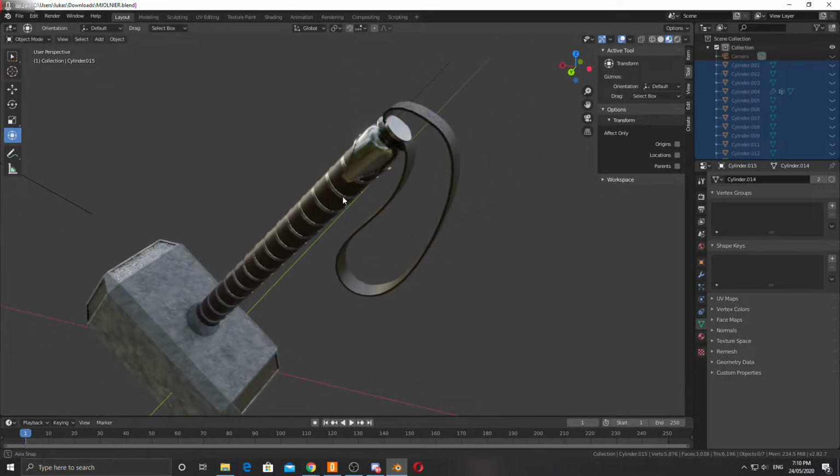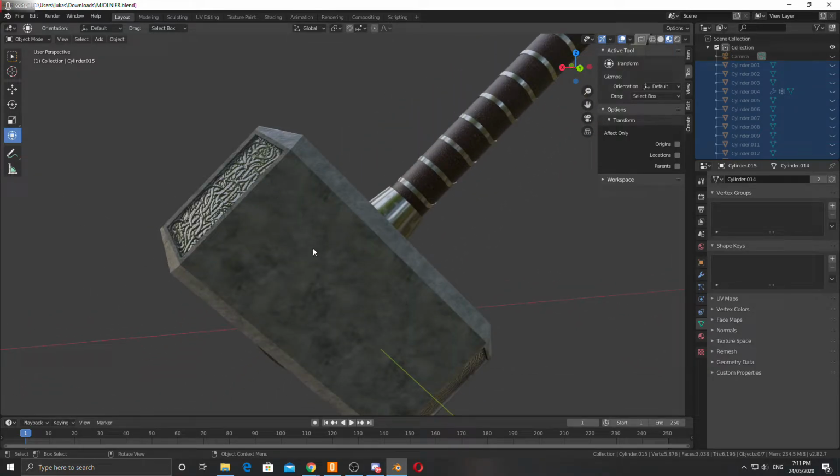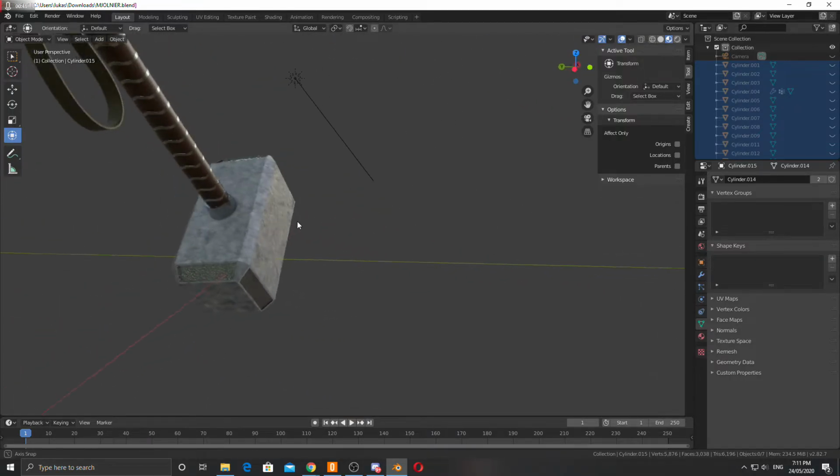modifier, I guess what it's called, the metallic material, and applying that to there. Using some cloth material to create this kind of realistic leather strap that's flopping down there. We'll be doing some texture painting on this area down here, and also we're going to keep this fairly low